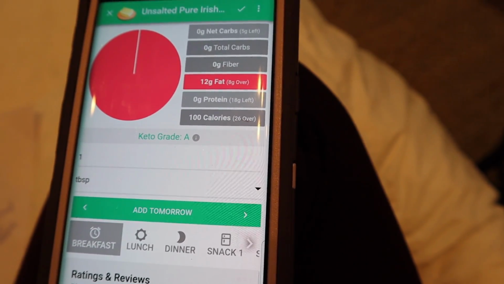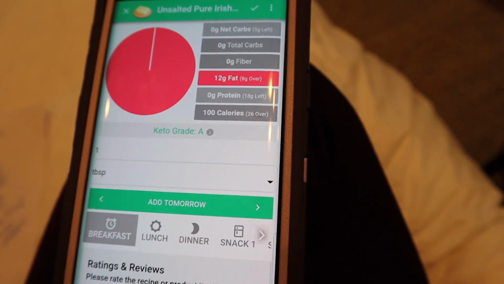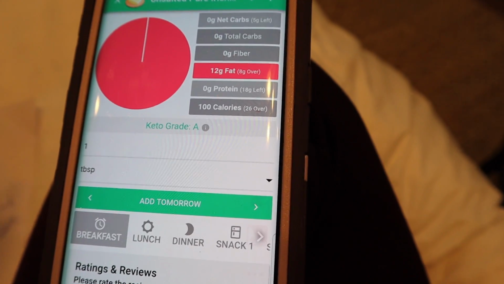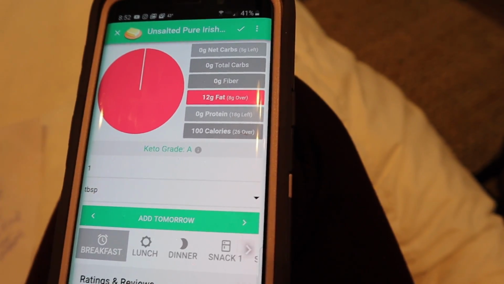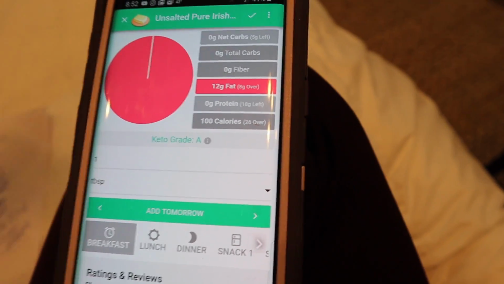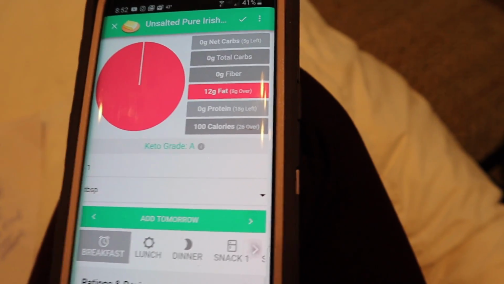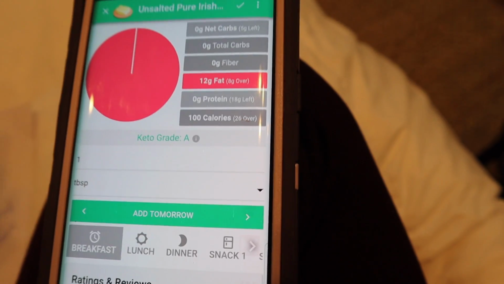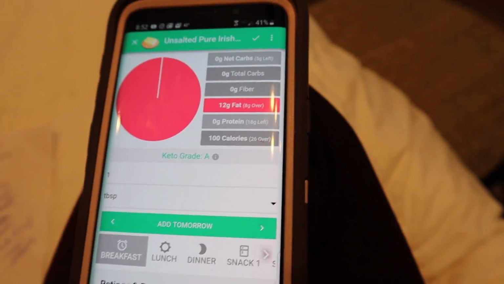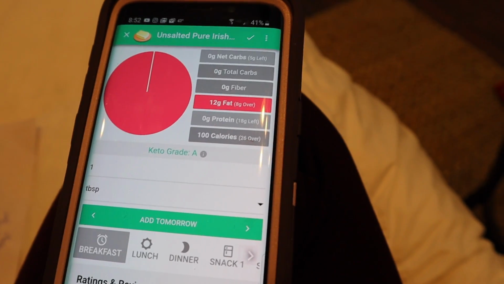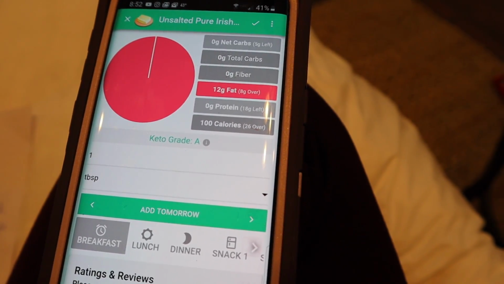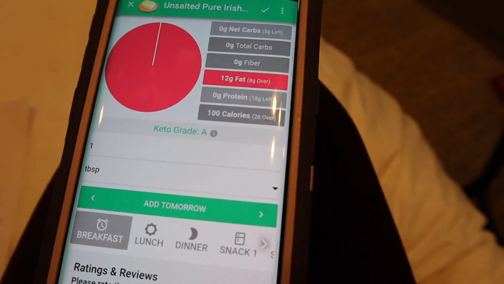And then depending on how many I use for my recipe, I actually jot that down on a piece of paper. And then at the end, once I do this for each individual ingredient, I'll add up all my calories, all my fat, my protein, and my net carbs and divide it by the portion sizes. And that's how I calculate carbs and macros for recipes that aren't provided for me. Just know that it's time consuming, but it's worth it, especially if you're doing recipes and the macros are not